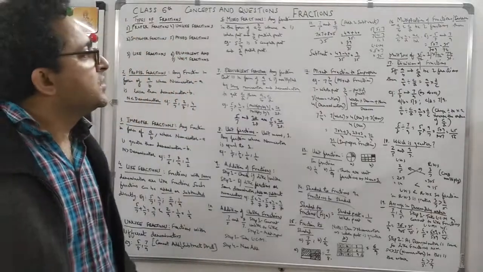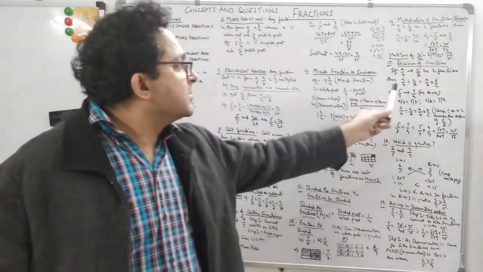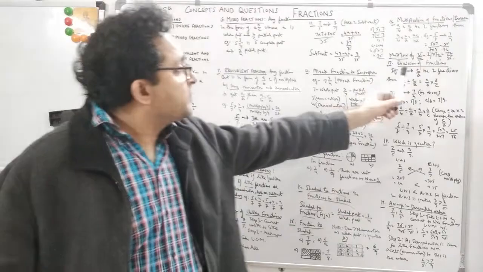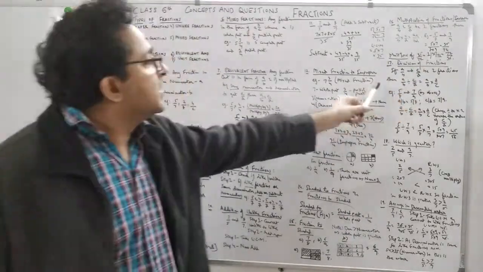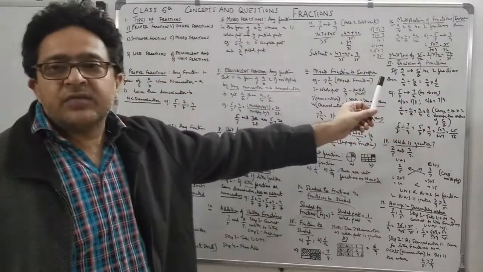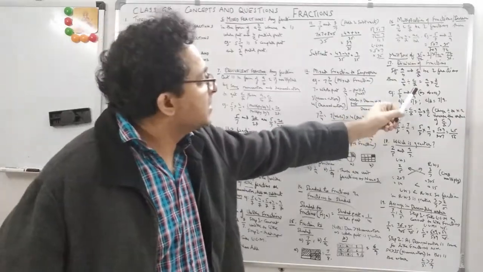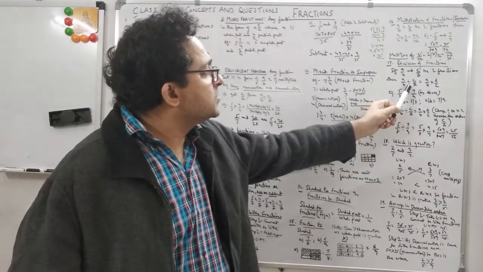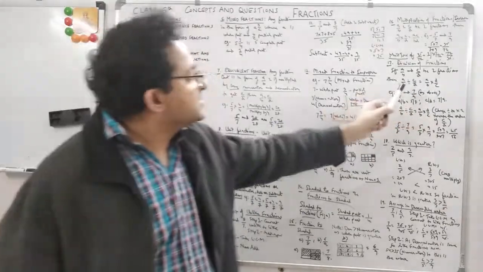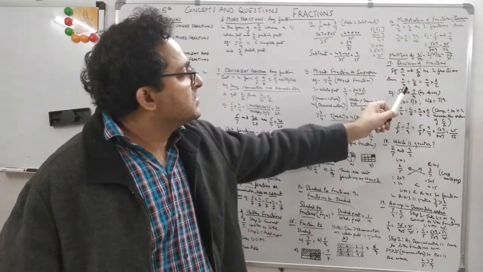Okay. Now let's go to division of fractions. This is important, but it's not very difficult. It's very easy. Simply concentrate on this. Division of fractions. If a upon b and c upon d are two fractions, then a upon b divided by c upon d, as I've shown over here, is a by b into d by c. The division sign changes to multiplication, and c upon d, the fraction, you just reverse the order, which is d upon c.